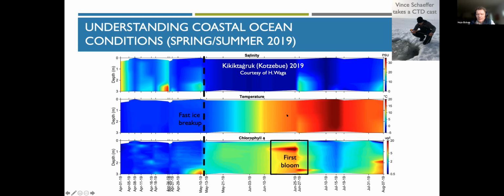Notice that there's also, through fluorescence sensors on the CTD, some measure of algal biomass. There's this warm water episode that Bobby Schaefer referenced, with temperatures up in the 60s Fahrenheit, and then potentially evidence of a second bloom. So these types of observations in coastal waters that community-based indigenous observers can provide can be of tremendous value, and that's just something I wanted to highlight.